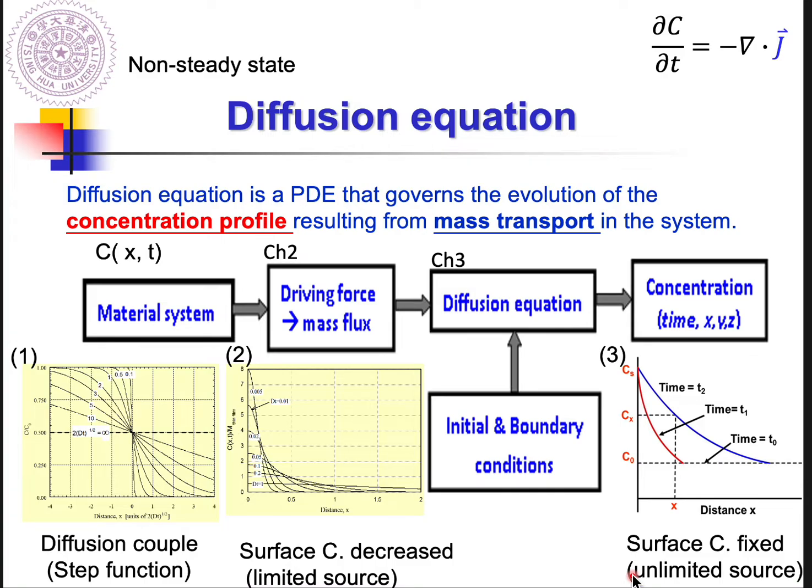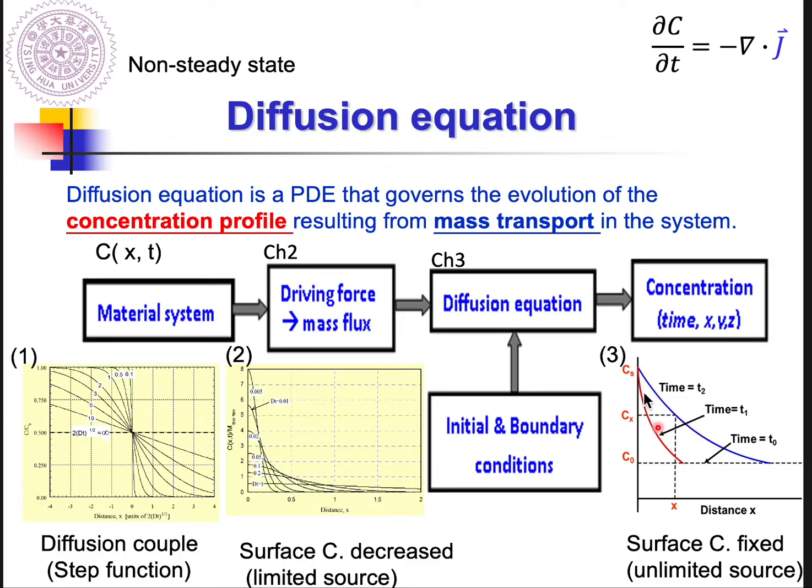When you heat this system up, the carbon atoms will diffuse into the second substrate, and because we continuously flow the methane gas, the surface concentration of carbon, CS, is fixed. So